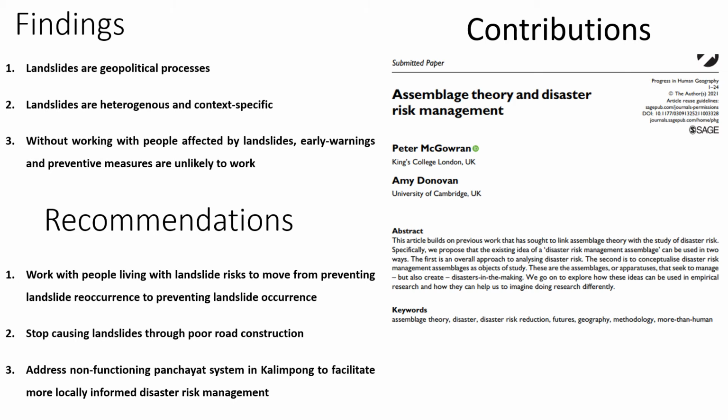Number 2. Road construction, specifically reckless slope excavation and the non-construction of associated drainage infrastructure, is a particularly common cause of landslides in Kalimpong. Furthermore, road constructions that generate landslides are perversely incentivized by the funding mechanisms that offer extra money for road repair and maintenance in the event of a landslide.